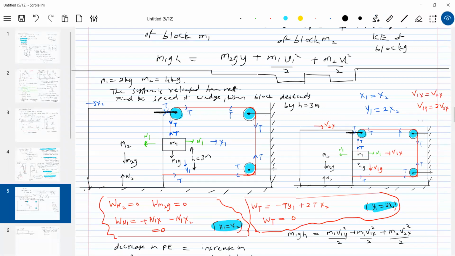Standing on the ground, what is the work done by the normal contact N1 on the block M1? You say positive. Now stand on the wedge and check it. What is the work done by normal contact N1 on the block? It will be zero, because if you stand on the wedge, the block appears to be just moving down. So the work done by normal contact N1 on the block M1 with respect to the ground is positive and non-zero. With respect to the wedge frame, it is zero.